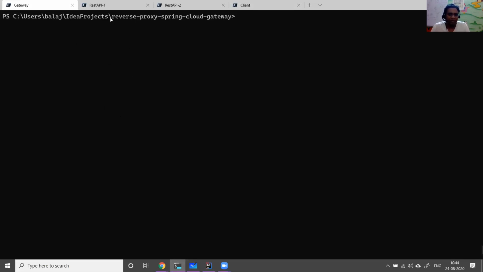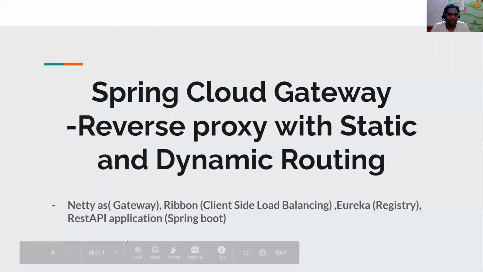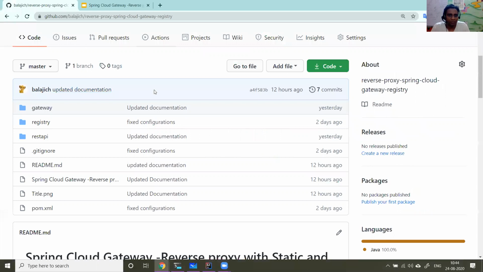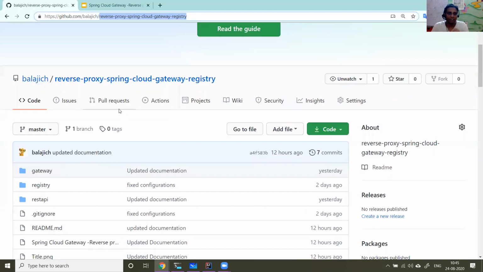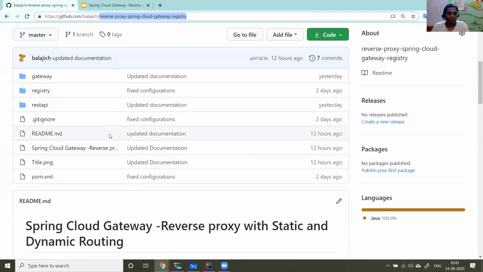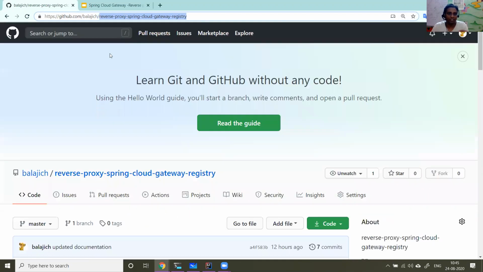There is a GitHub repository which I have. You can go to my GitHub repository, where there is a Spring Cloud Gateway registry. This is the best project which addresses all the problems I discussed. When a new Tomcat comes, it automatically gets registered and the gateway routes requests to it. If a particular Tomcat is down, it is removed, and requests aren't forwarded to that dead Tomcat. I'll go through the code in the code walkthrough session. This is a repository which has that entire infrastructure running.